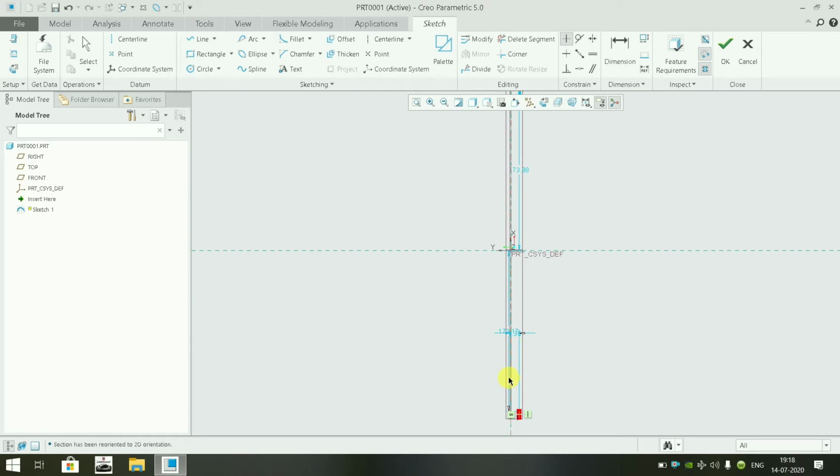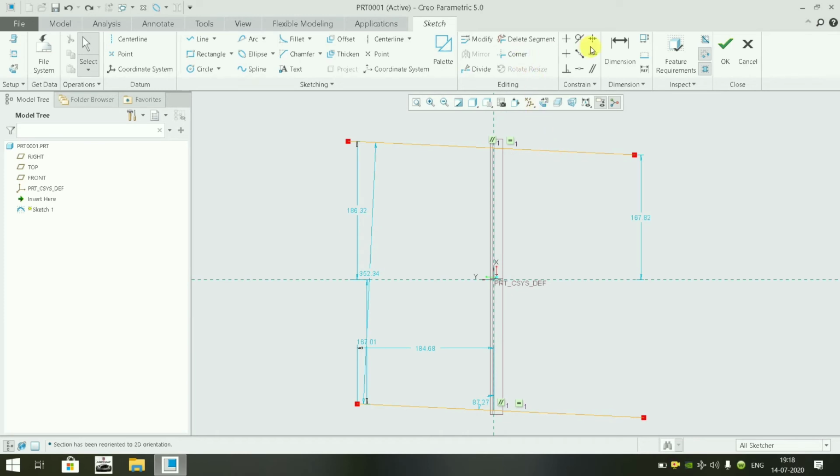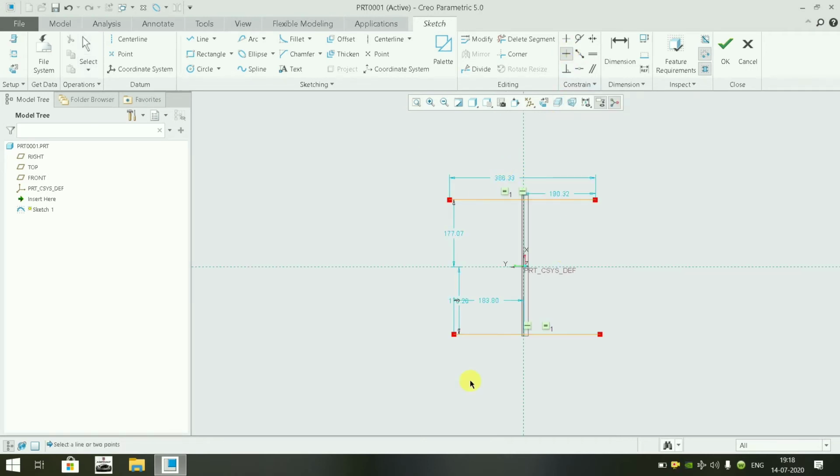We are going to go back with the help of this option, and also with Control Z you can undo this. So I am going to undo this. You can see the difference. This is for horizontal. So I want to make it horizontal, and both of the lines are now horizontal. Symmetric was unable to proceed because the lines were already parallel and equal to the center line.